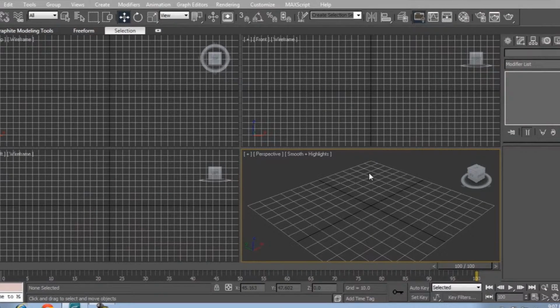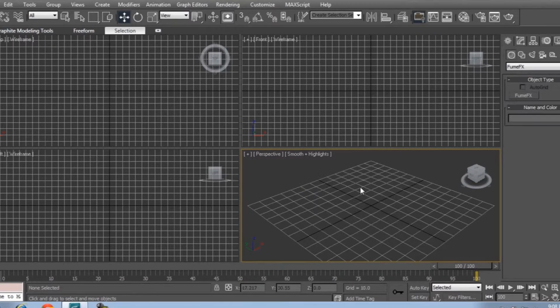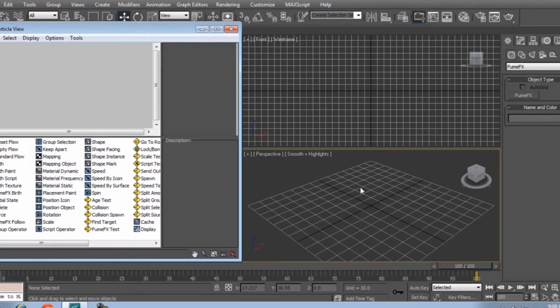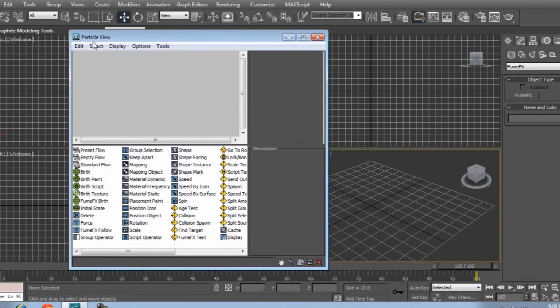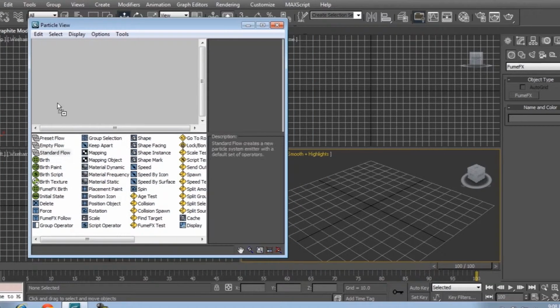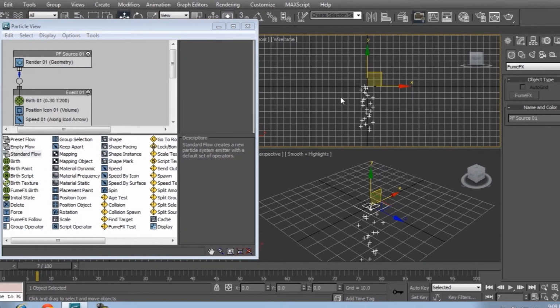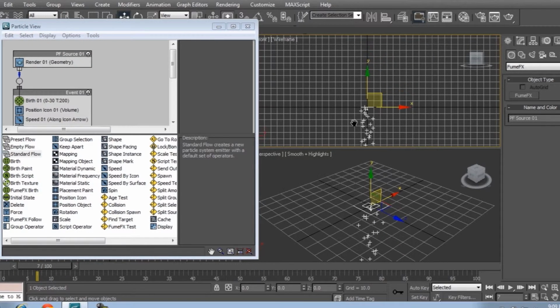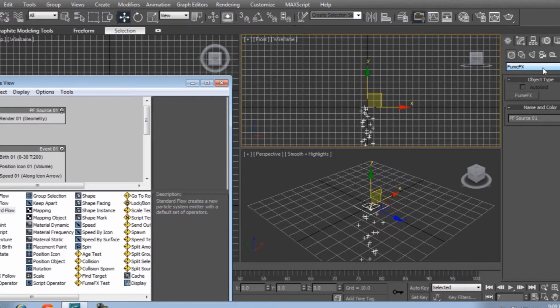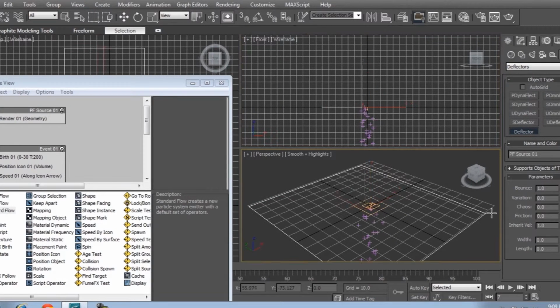Hello, today I'll show you FumeFX. First of all, you have to press 6 on your keyboard to get your particle view and get standard flow. We have to have two particle systems, one for our shock wave and one for our blast. We have to have a deflector here